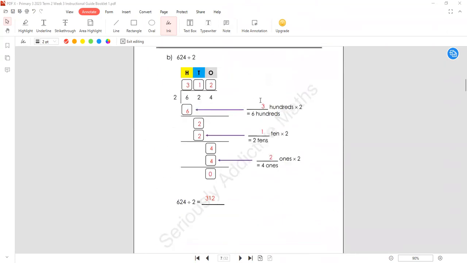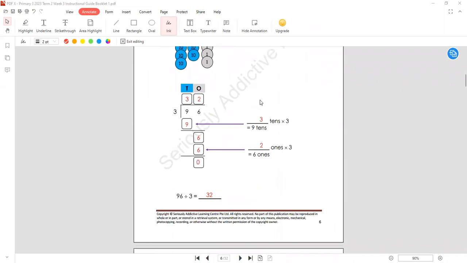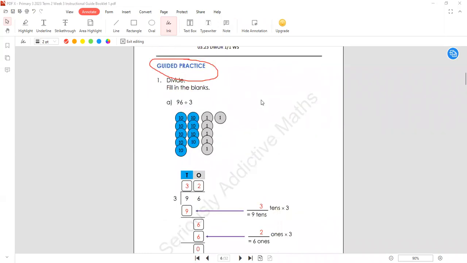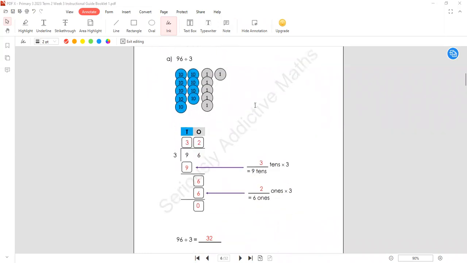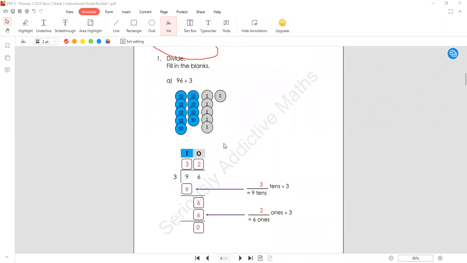to start teaching them how to do this. So let's turn to page 6. You can draw it on the board. I think it'd be good to draw it on the board, so then it'd be easier to explain to students. Make sure that you do this: 96